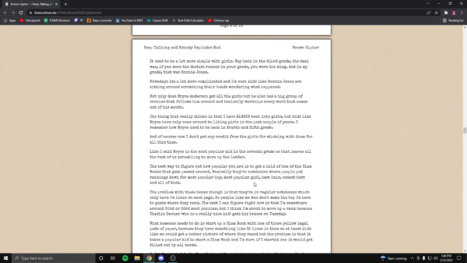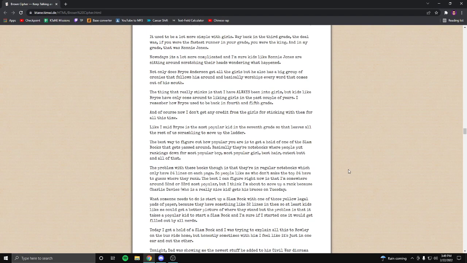The best way to figure out how popular you are is to get a hold of one of the slam books that gets passed around. Basically, they're notebooks where people put rankings down for most popular boy, most popular girl, best hair, cutest butt, and all of that. The problem with these books, though, is that they're in regular notebooks which only have 24 lines on each page. So people like me won't make the top 24